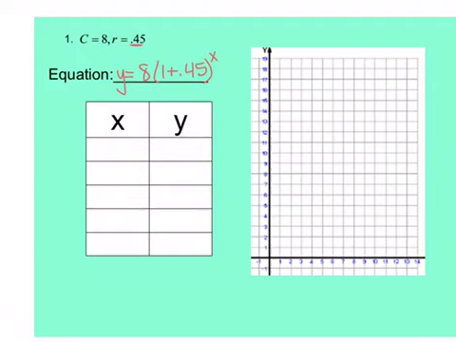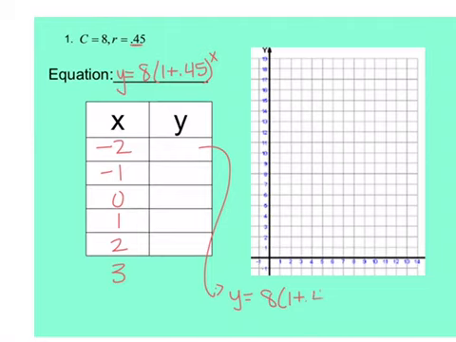Now, just like yesterday, our x values are going to stay the same: -2, -1, 0, 1, 2, 3. And we're going to plug those into the exponent and get our y value. So in your calculator, you want to make sure that you are plugging in y equals, or you're going to push 8, parenthesis, 1 plus 0.41, parenthesis, caret key, and then your exponent. When I did that, I got